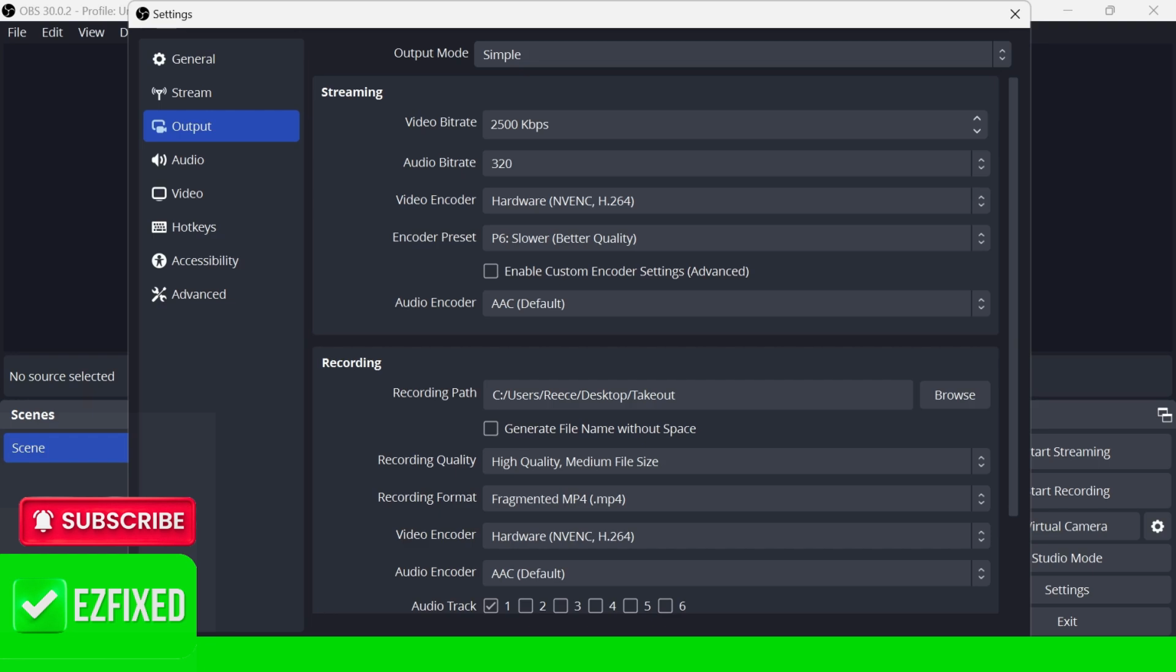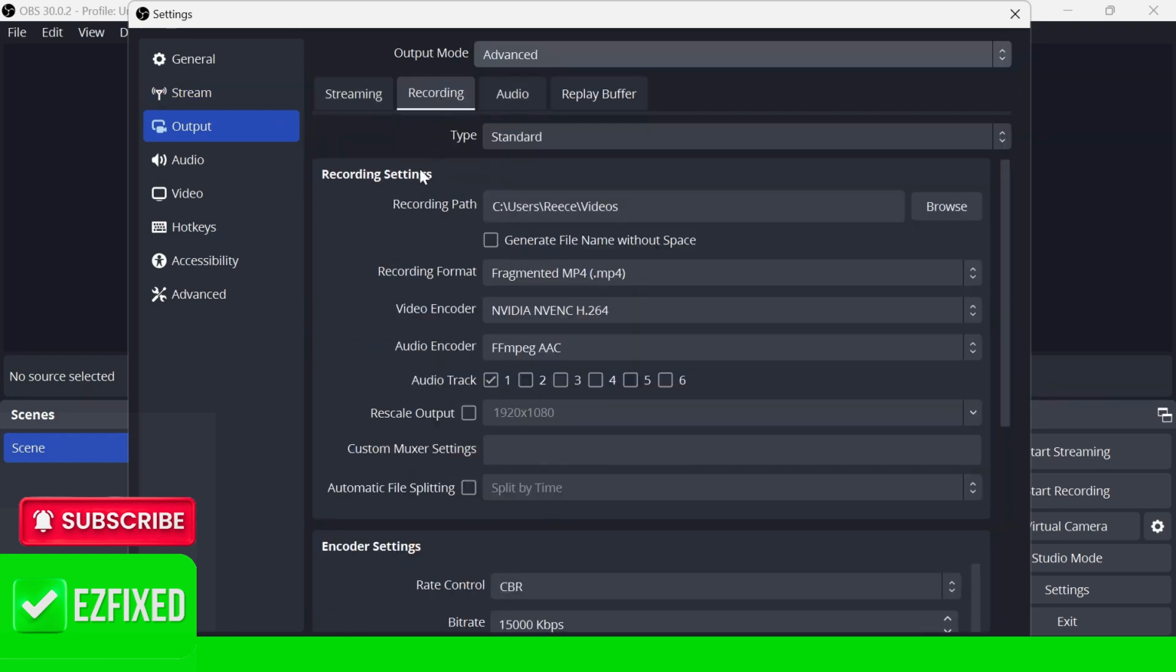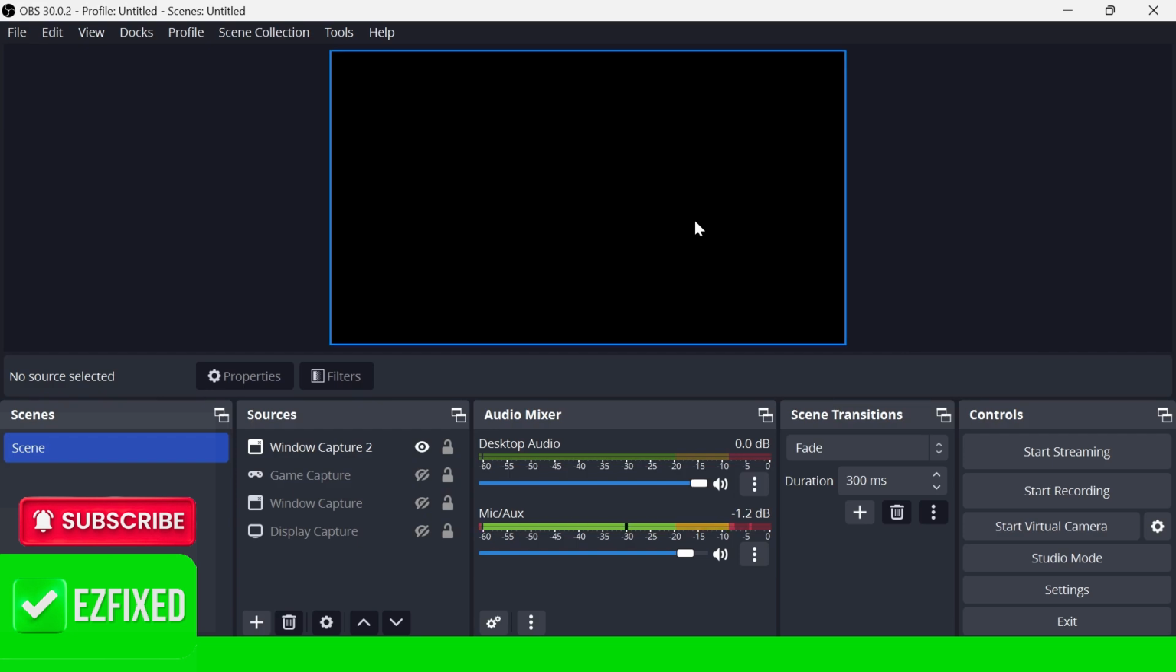apply and OK. If you have the advanced mode set here, then you can find this inside of the recording tab. And once again, just change the recording path from here. And once we've pressed apply and OK, that would have now saved the location of our recordings inside of